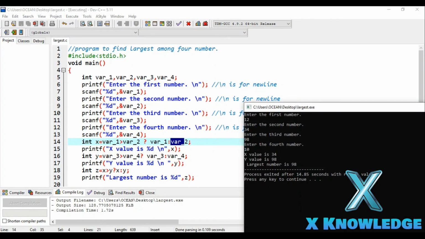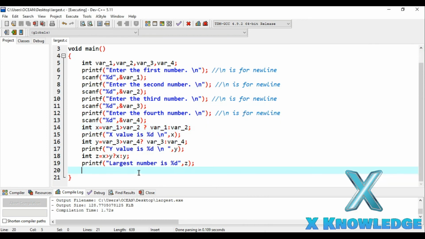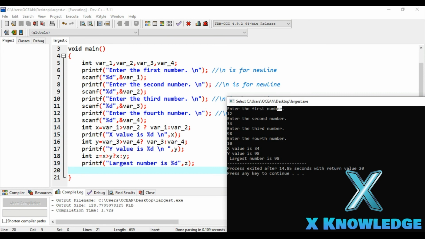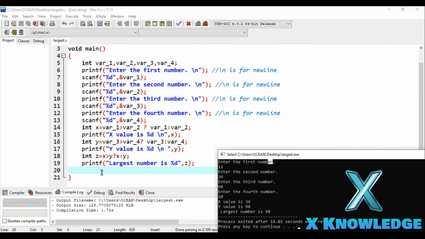So basically I wanted to discuss about the ternary operator in this video, and the advantage of this ternary operator is that this will help you in shortening your program. All right, basically if you are going to find the largest among these 4 numbers using if else if statement, the program will be very lengthy, and might get complicated also. So if you will use the ternary operator, then you will solve this problem in just 21 lines. All right, so this is what I have done.